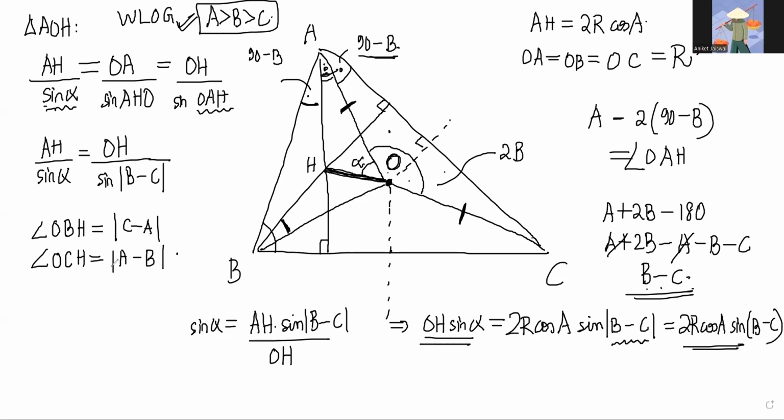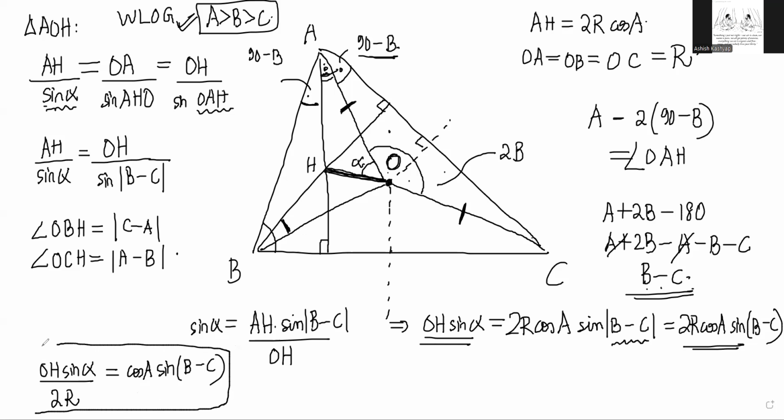So simplifying that a little more, we can write OH sine alpha by 2 capital R is equal to cos A into sine B minus C, right? Fine. So this is one result we have gotten so far. Now